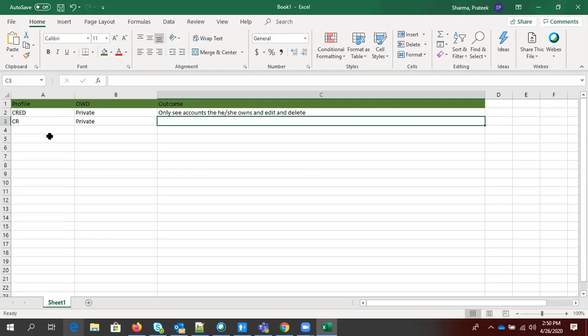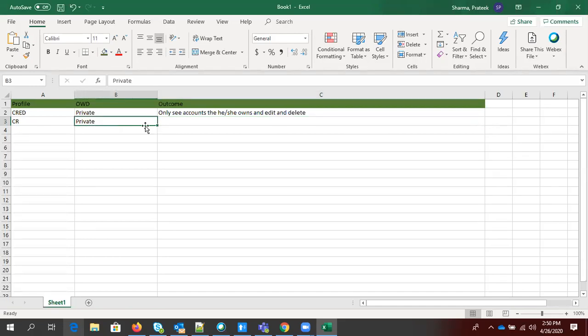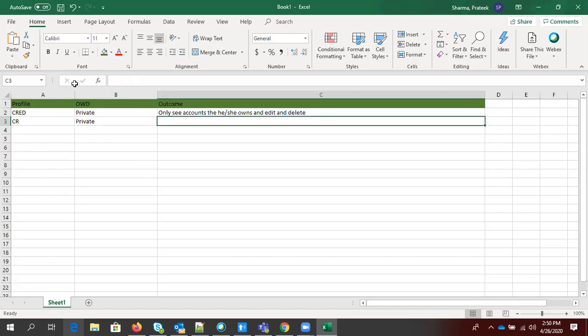You can only see your own record. You cannot see others' records, and you cannot edit any record in that table. You cannot edit or delete that. So guys, that is why I'm creating this Excel, because these are questions anybody can ask you in an interview, but these are also daily scenarios you will face while working. That is why I'm writing it.